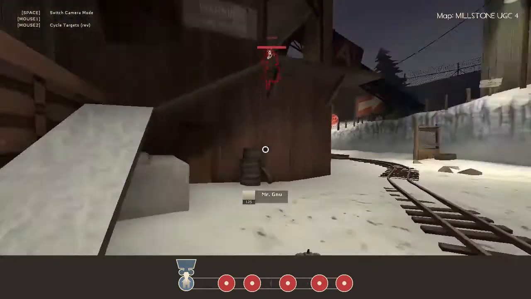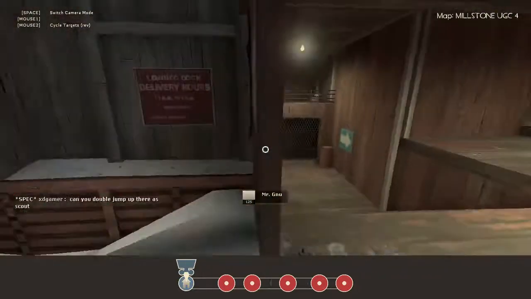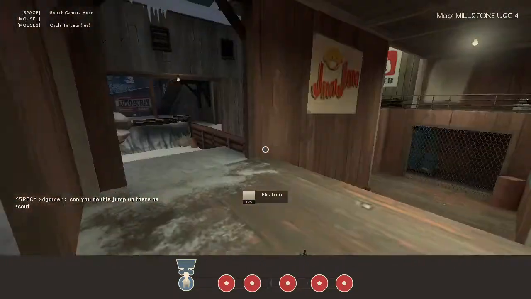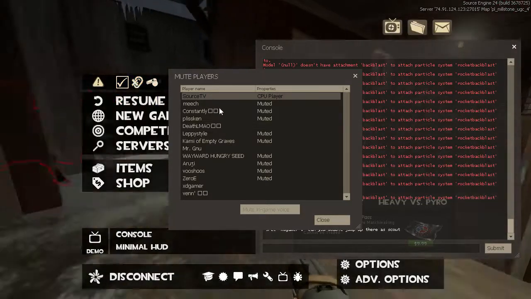Where's wood? There's... No, this isn't wood. What about flank? No, this is flank. We need a swood. Alright, team, we'll talk about that later. Can you jump up there, Scout? Alright, so...